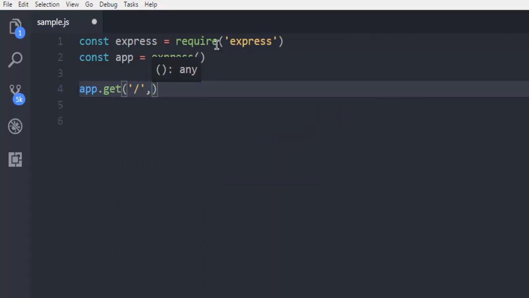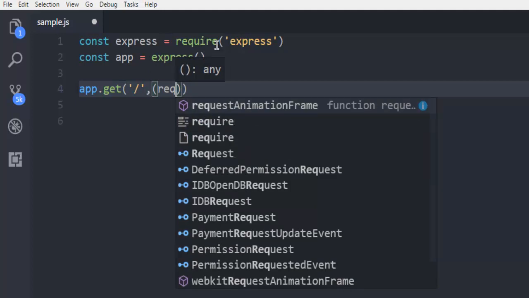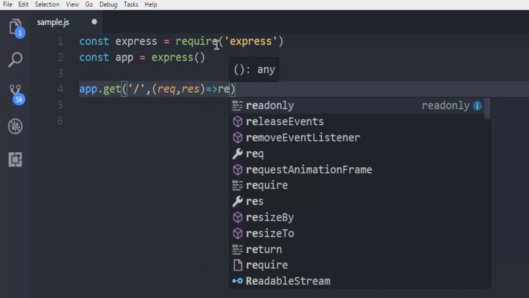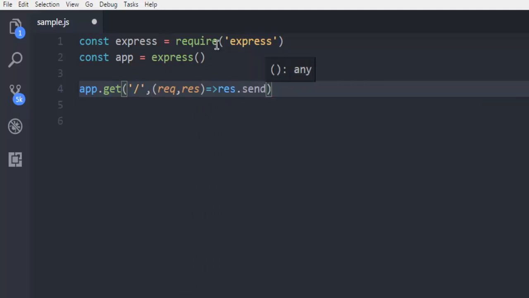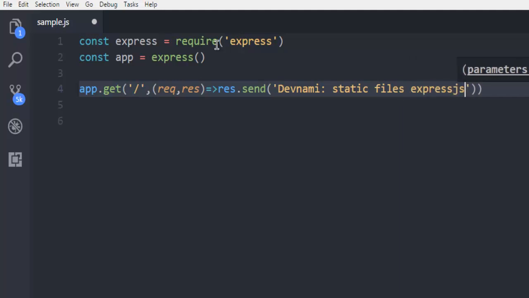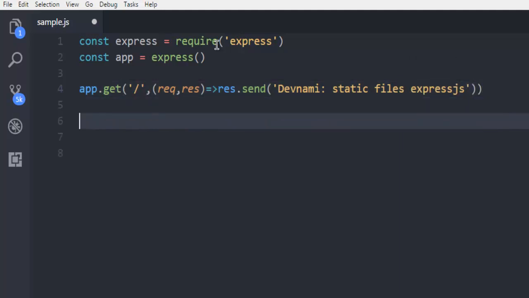Then we are going to take request response, and then response.send method. Here we are going to send "Devnami static files Express.js". Okay, so this was one request that will be sent to our root, and then we are going to